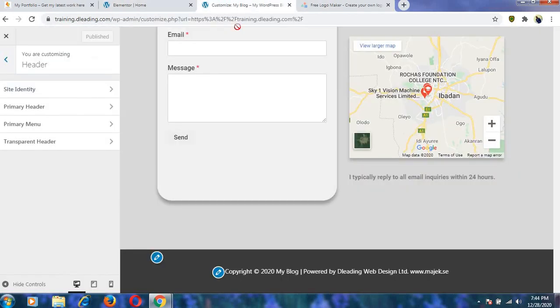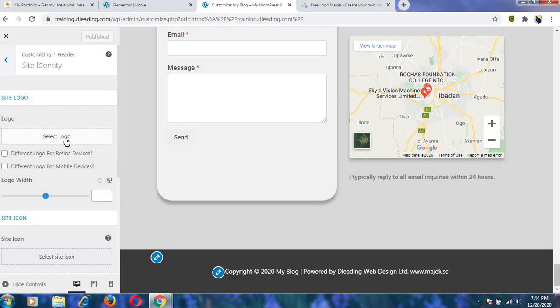Now, let me just come to where I am now. Your site identity. I have a particular logo I'll be using. Just click on site logo. If I'll be using site logo, I don't have a PNG logo. And the logo I have, I don't want to use it. So I can just use,